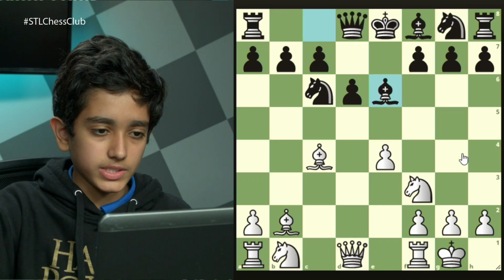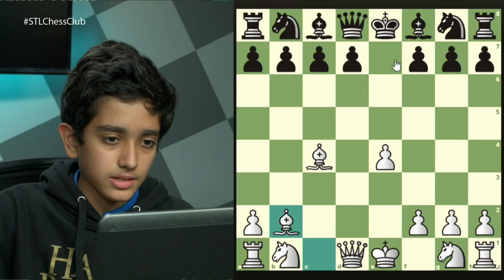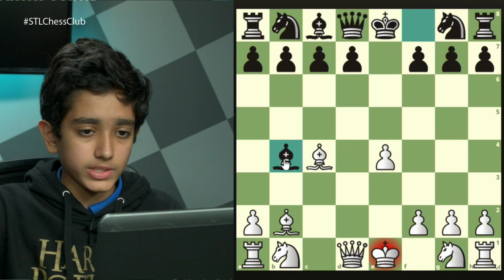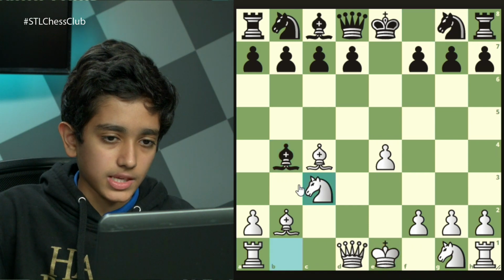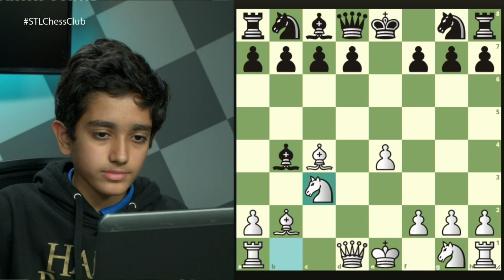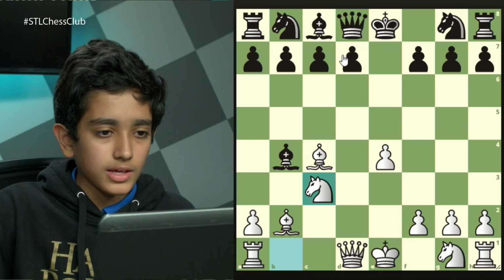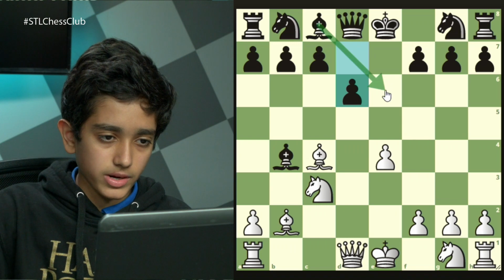So, instead of the move d6, black can try other moves, such as a move like bishop to b4. And this is not a very common move. d6 is definitely more common than this. But white should just play a move like knight to c3, getting his pieces out. Already, there is another trap that black can fall into. If he tries to play the move d6, aiming to get this bishop out to one of these squares,